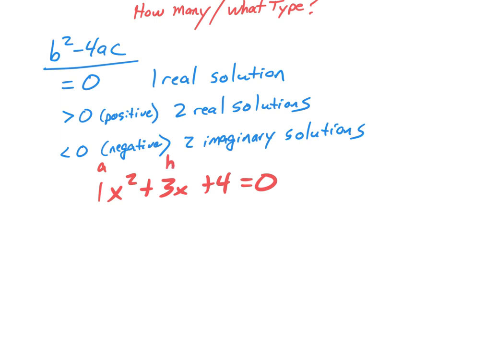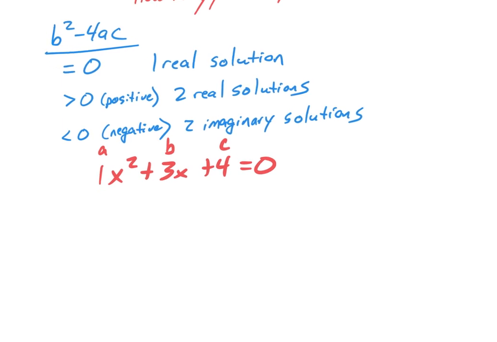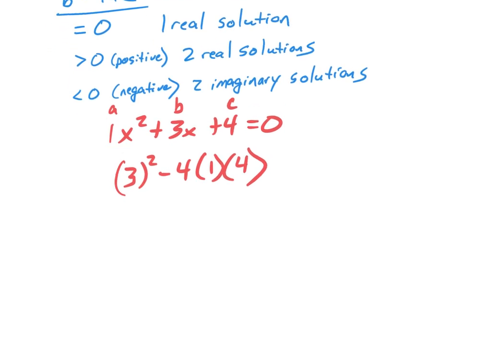So once again, this is A, this is B, and this is C. B squared, so it would be 3 squared minus 4 times 1 times 4. So this would be 9 minus 16, which is